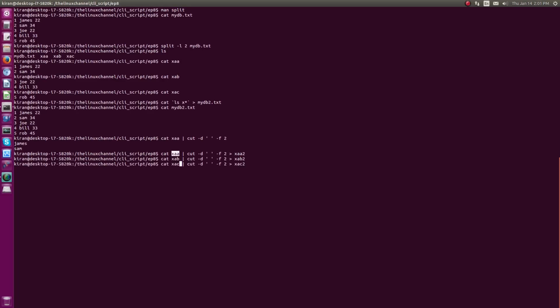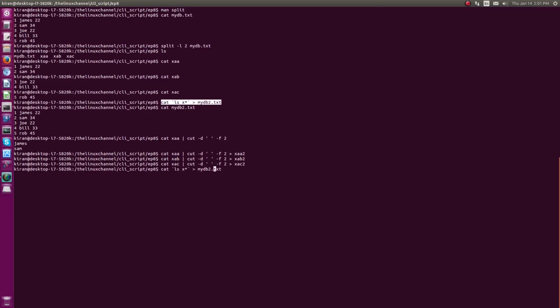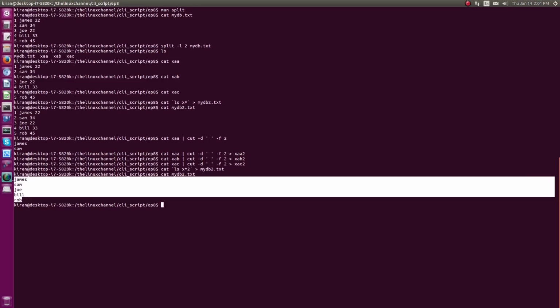It is quite important to do some sort of load sharing. Then you can cat mydb2.txt, and as you can see here, it has got back its records.